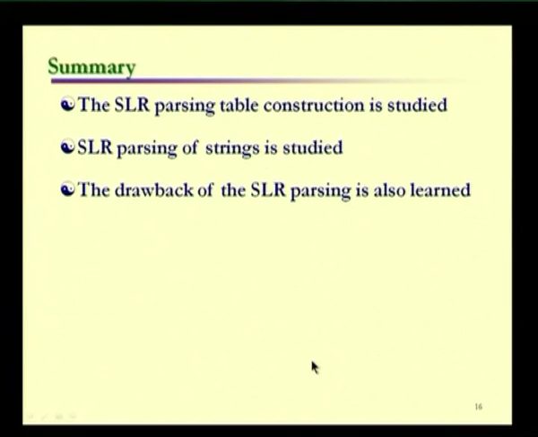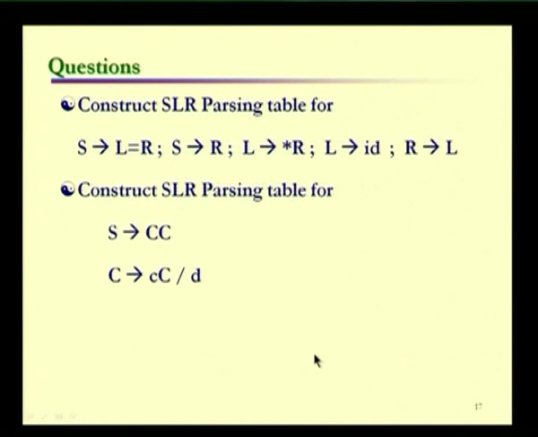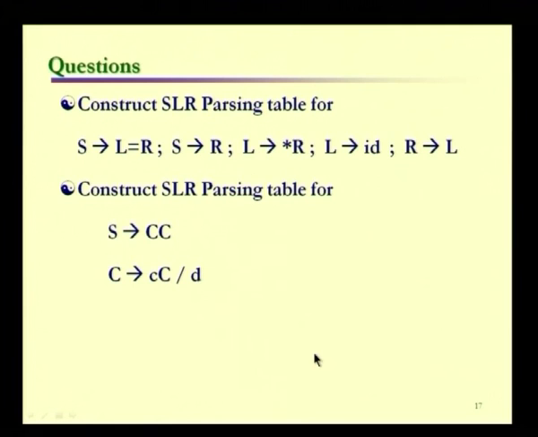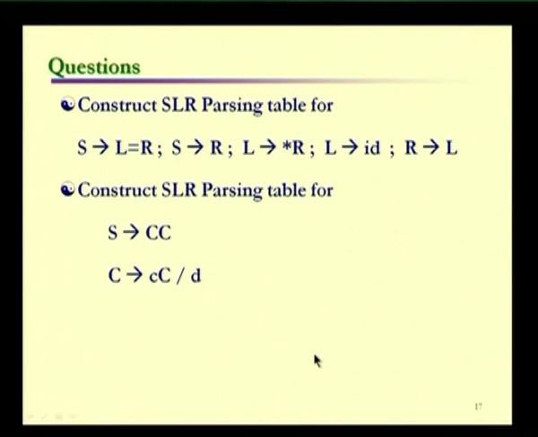So, to summarize, we have seen how the parsing table has been constructed, and then how the parsing is to be done with the help of the parsing table. In the exam, you will be asked to construct the SLR parsing table, and you will be given a string, provided the SLR parsing table is constructed in a successful manner. That means, if the grammar is SLR, which implies that there is no duplication of entries in the parsing table. So, either you will be asked to construct the table, or you will be asked to do the parsing, provided the table has no multiply defined